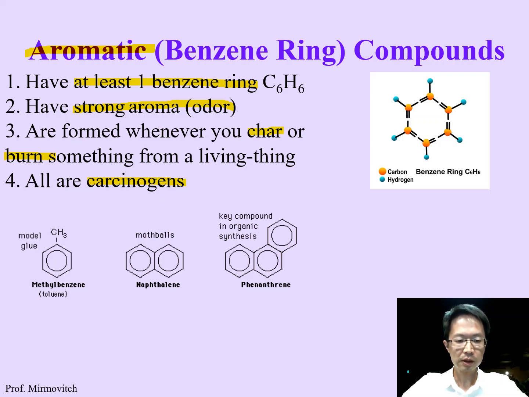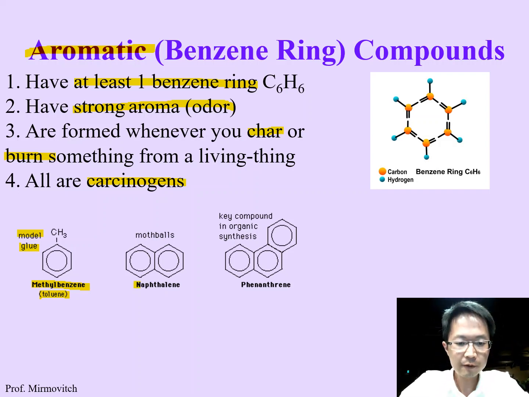So let me give you some examples here. Toluene, or the scientific name methylbenzene. Where can you find it? You can find it in model glue. In other words, some teenagers like to sniff glue so that they can get high. This is a very bad practice, because model glue has benzene in it. If they sniff the model glue to get high, they will actually be getting carcinogens into their body. And then there is